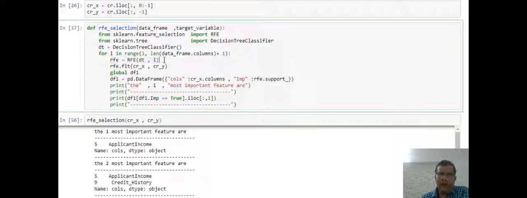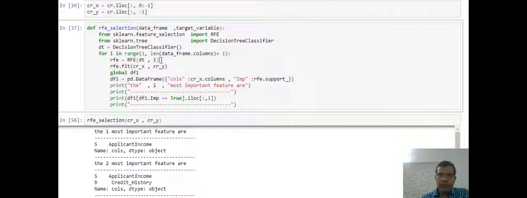Then rfe.fit, and I have marked global df1. If you want to use your df1 later on, then df1 = pd.DataFrame with columns, cr.columns, important, rfe.support_. So if the value of i is 1, then in rfe.support_ you will get only one column, the most important column.